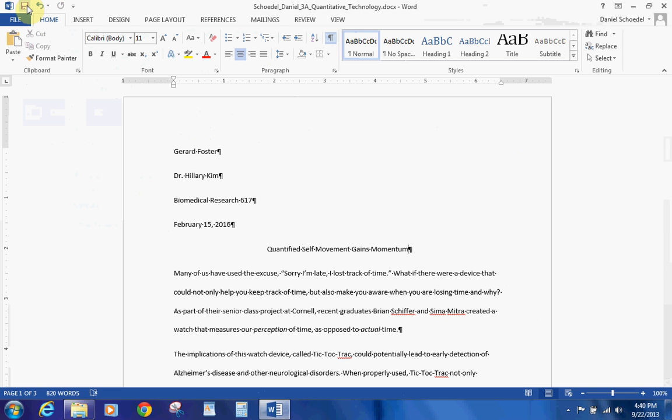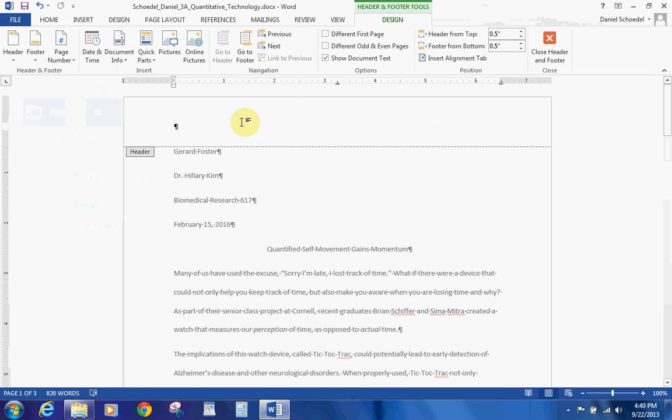Okay. Over on page 240, it talks about inserting a header. I showed you a different way in the last lesson, but let me show you a simpler way. You put your cursor up in the header section, and you right-click on your mouse. You get the option to open the header, and you'll notice that we now have the header as well as the footer open. Let's type in Foster